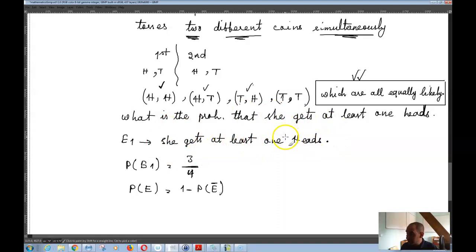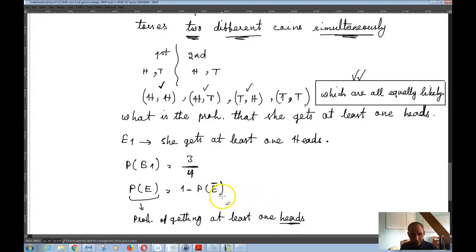So if P of E represents the probability of getting at least one head,